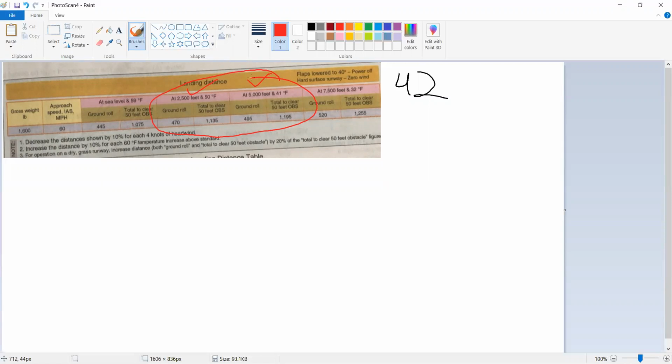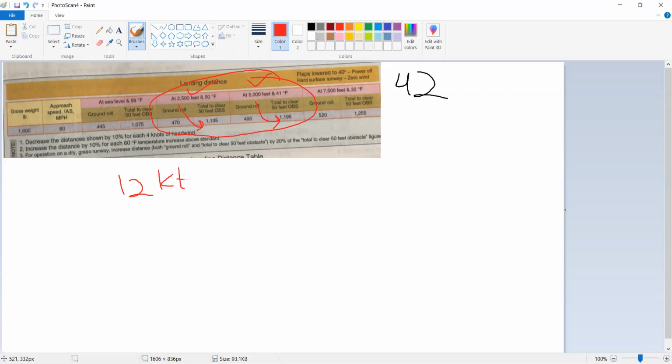You see that this number 2,000 goes with this, and 5,000 goes with this. All right. Since the headwind is 12 knots, the total distance is reduced by 30%. Well, yes, because every 4 knots goes down by 10%. So if there's 12 knots, we know